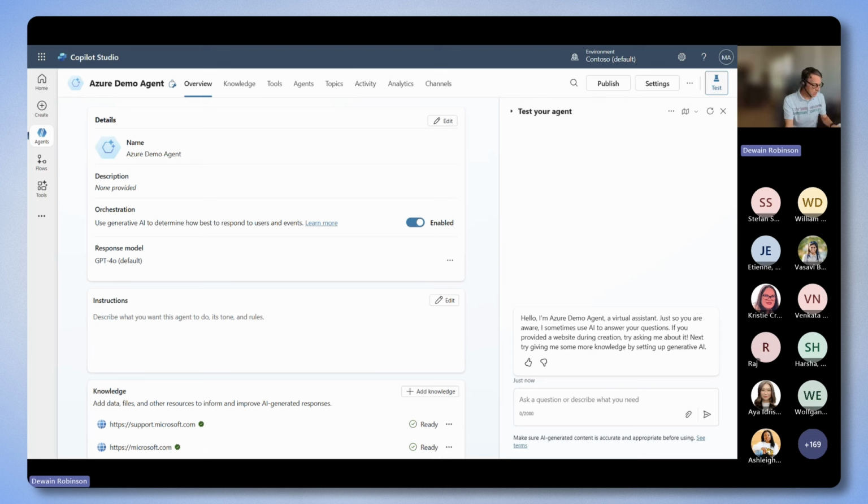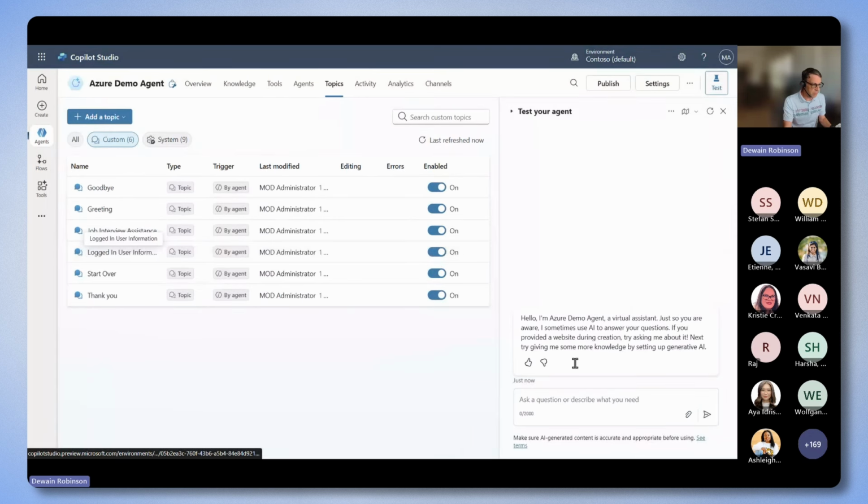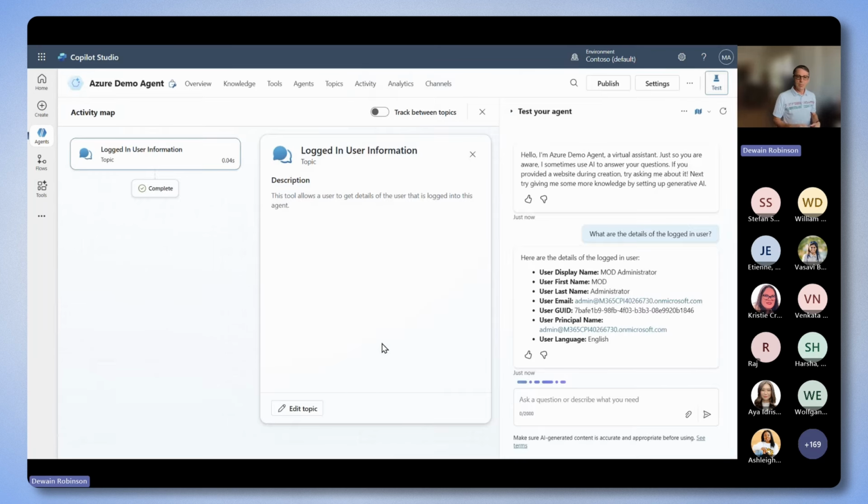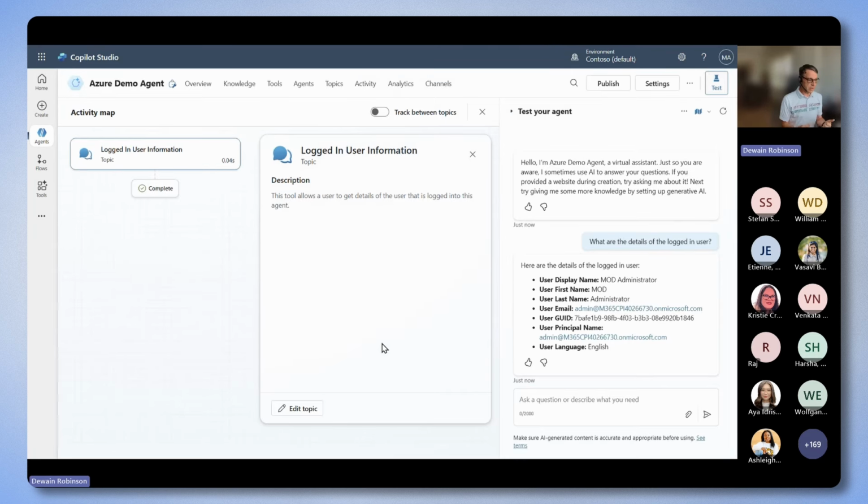I'm just going to run a little simple query here by going in and saying that I wanted to create a topic. And that topic, I'm going to say, is for logged in user information. And so I can just ask a question: what are the details of the logged in user? And because we have Entra ID authentication already turned on, you're going to see it come back and give me all this different information from this particular user, because we have already got variables that are created inside of Copilot